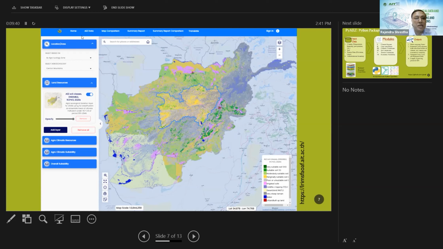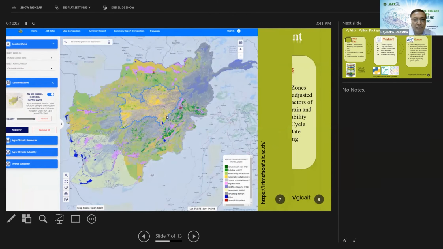This is also based on the AEZ methodology, with AEZ data and a lot of other outputs we can generate, with a web interface and online database for Afghanistan. We are hoping that many countries will come forward in having such tools and methodology.